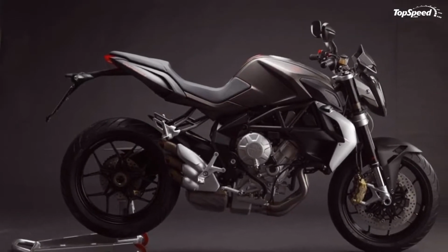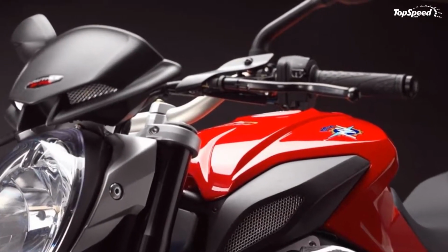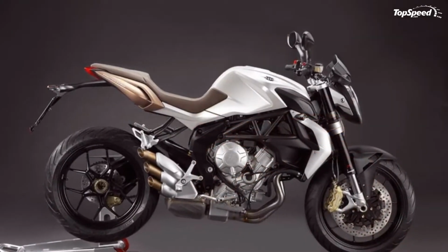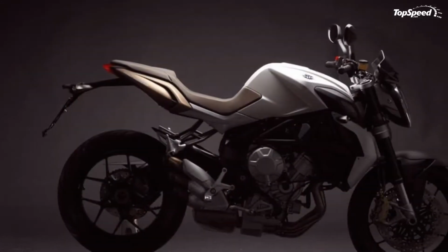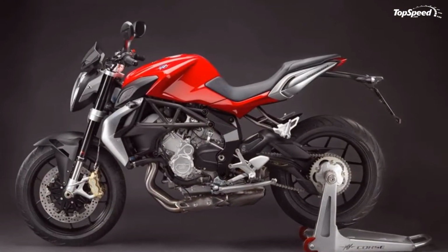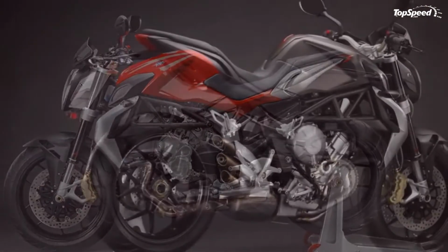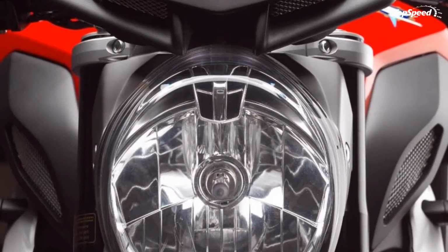The incredibly refined mechanical design, matched with an ultra-technological chassis, makes the new Brutale 675 a guaranteed success, an innovative project, exclusive while at the same time accessible to all passionate motorcyclists with various levels of experience. This motorcycle is capable of satisfying even the most demanding riders as well as those that are new to the sport. From street to track, the MV Agusta Brutale 675 is able to take on any situation in stride and